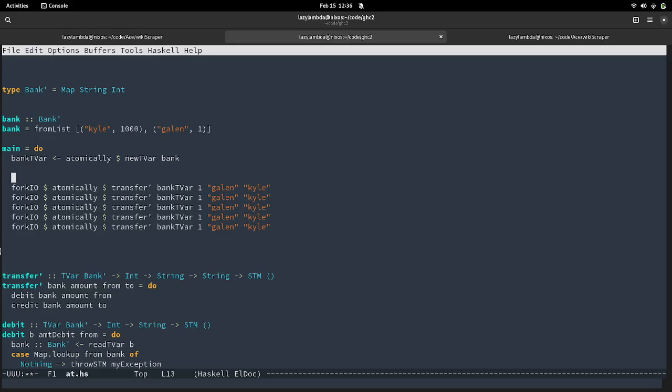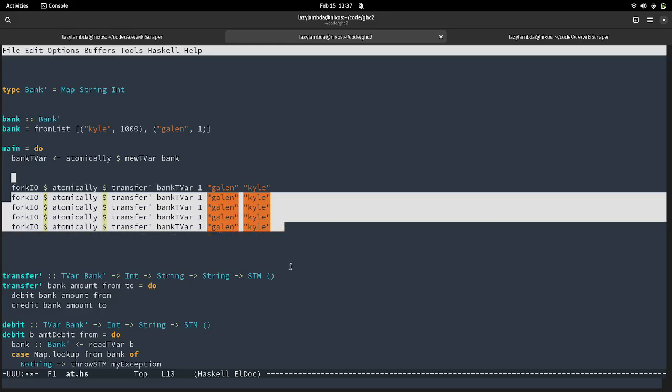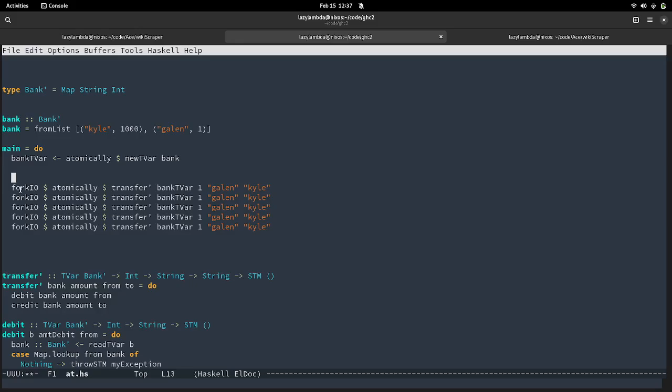Now, at this point, let's say I'm like the literal program running that logic. I've just run through it with you guys and done all my checks. The other 4 programs have already started up, and they're in queue waiting to read from the bank TVar. And so I then say, okay, I'm done with it. I don't actually have to say anything besides atomically, but under the hood, the TVar is released, and I am allowing other threads to access that.